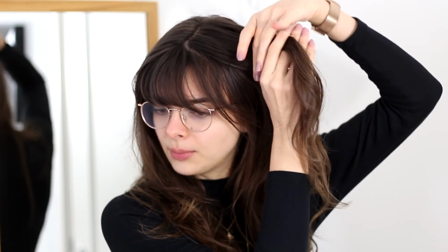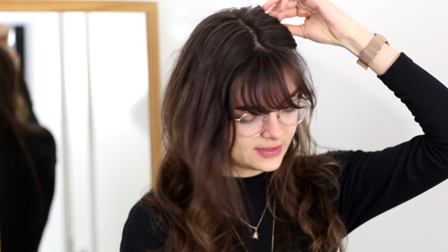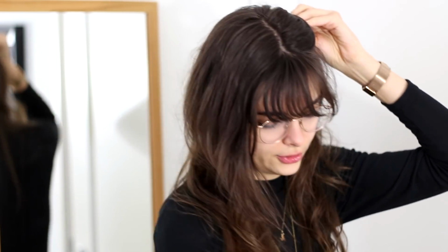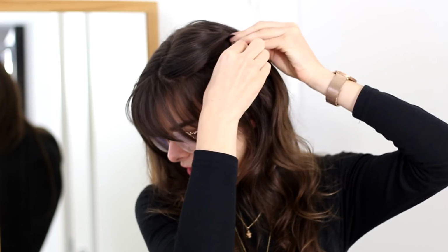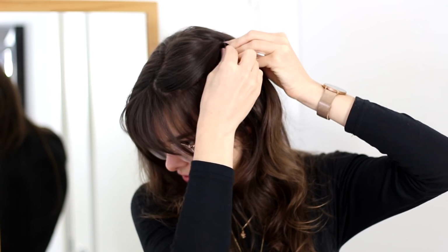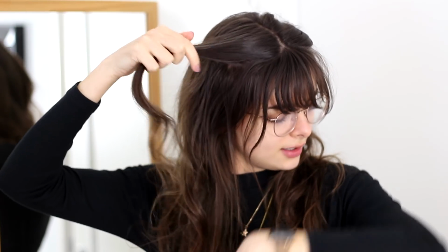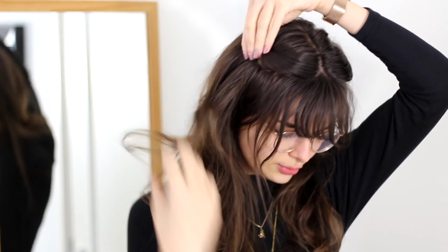I very often like to just take a little bit of hair from the front here. And I recently shared this hairstyle in my super quick half updos video, but I'll just grab this hair, give it a little twist, push it forward a little bit so that it creates a tiny bit of volume, then take a bobby pin that I just slide in to secure this little strand of hair. And then I do the same thing on the other side, so I just grab a bit of hair, give a little twist, push forward,